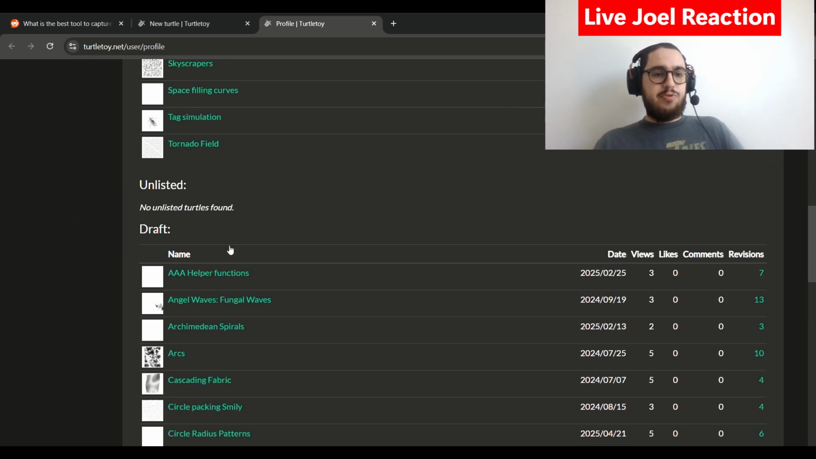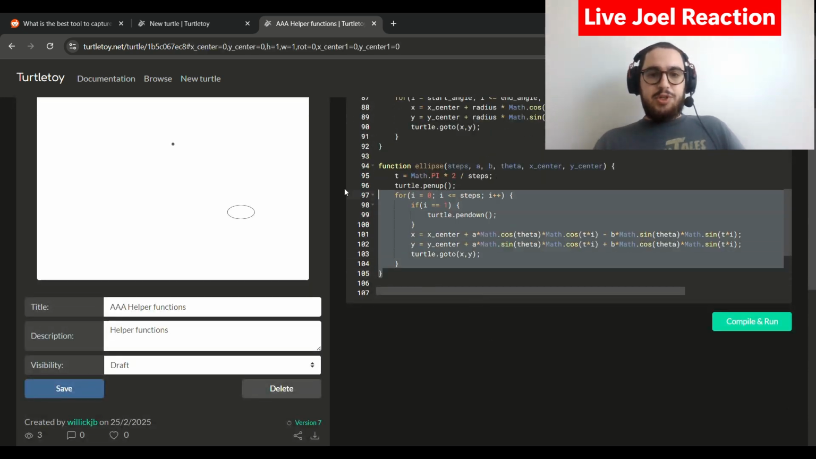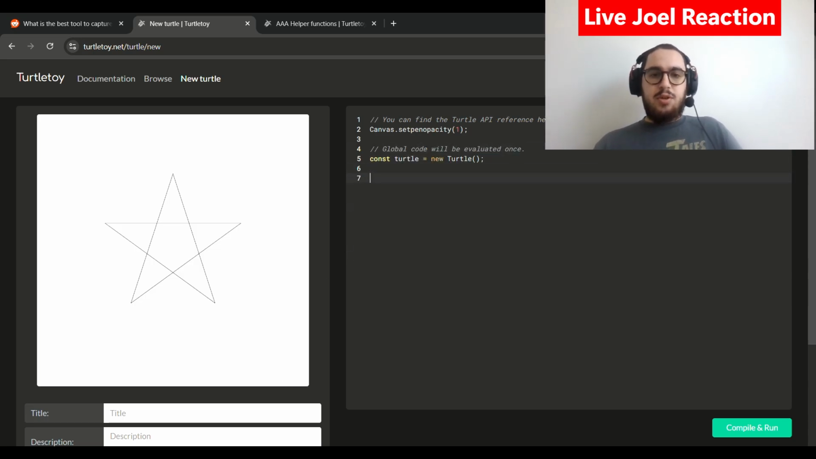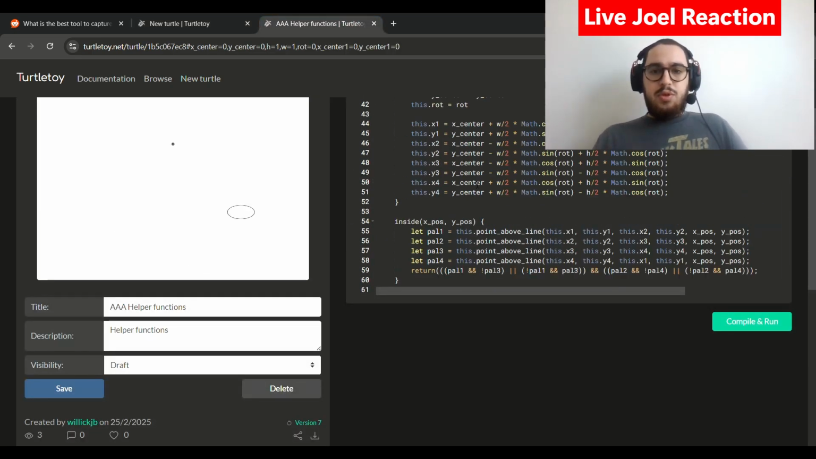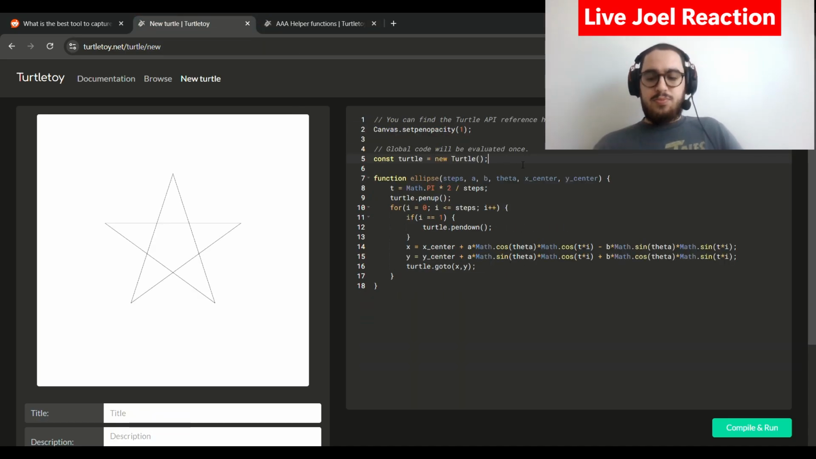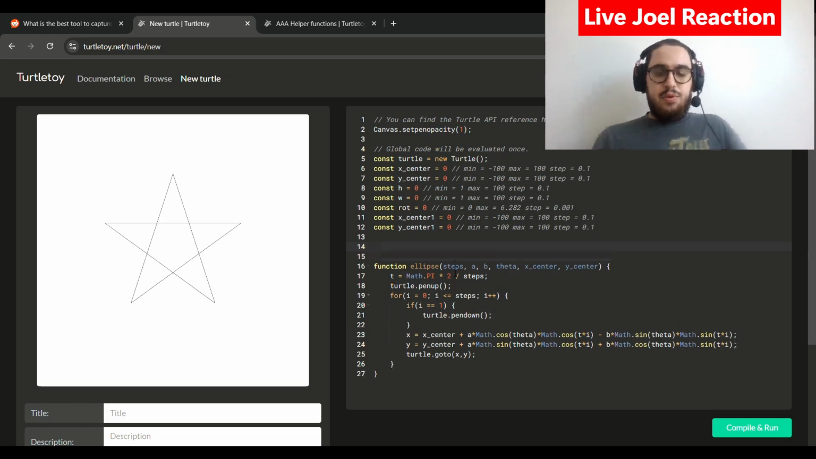So I've got a helper function, a collection of helper functions. Let's use this ellipse function. So this is a function that draws an ellipse, and let's just get that set up. So let's get some constants. And in order to draw the ellipse, we have to